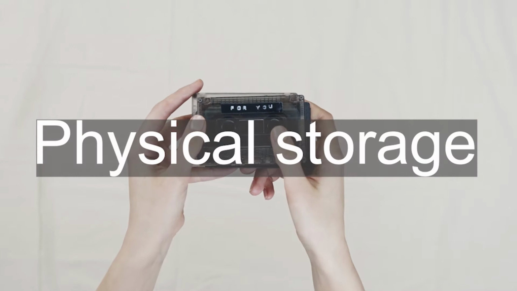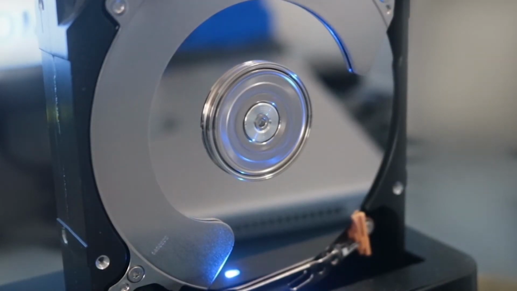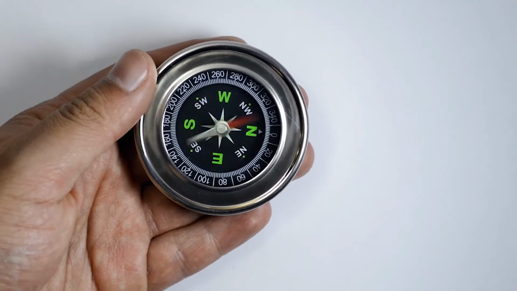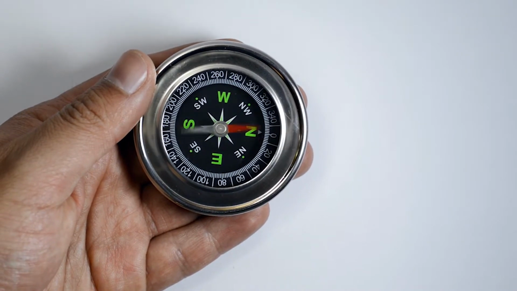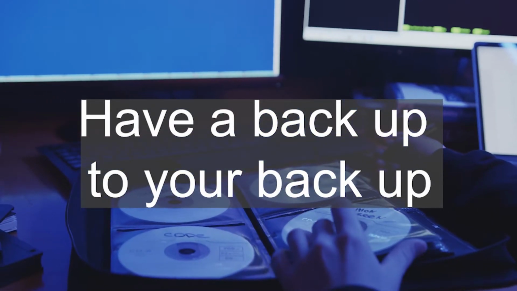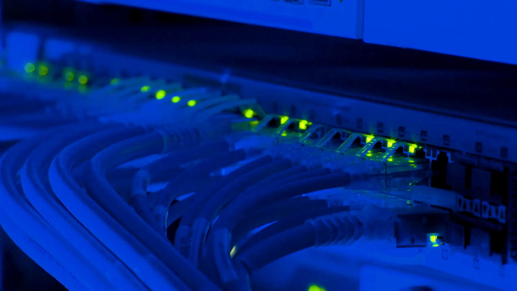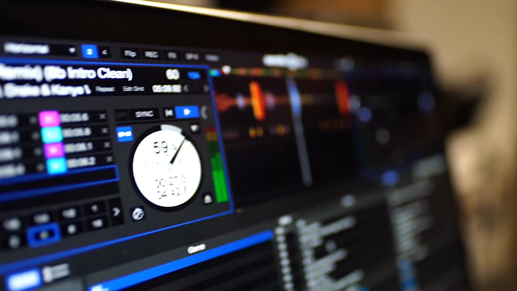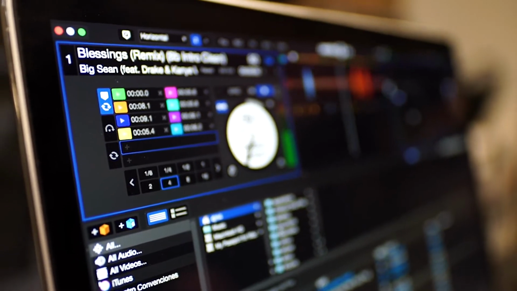Physical storage. External hard drives are a pretty cheap solution to backing up data from places like your laptop, so take advantage of this option. However, be aware that hard drives can degrade over time and because of their portability are also very easily lost. So make sure you have a backup to your backup. One thing you could consider doing is seeing if you have storage space within your department. Depending on where you are based, you may well get a small amount of storage on department servers, which are then backed up regularly according to existing university storage protocols. If you are working on something really big that will take up a lot of space, check in with your departmental IT officer to discuss options.